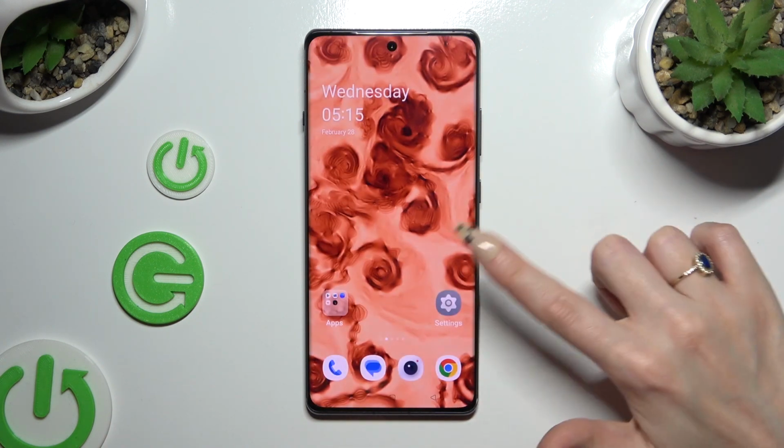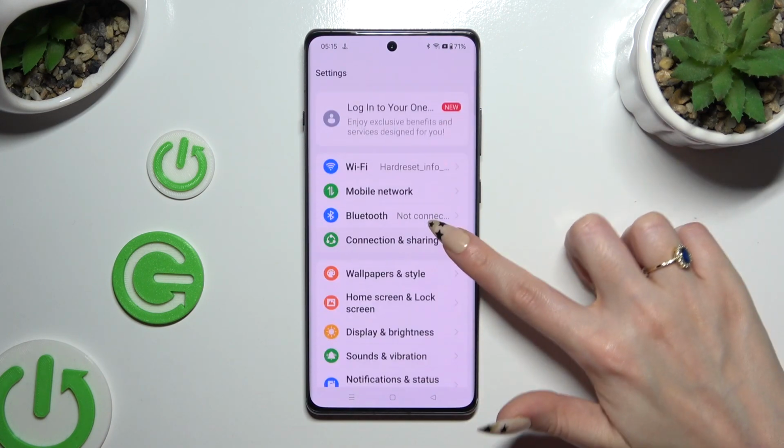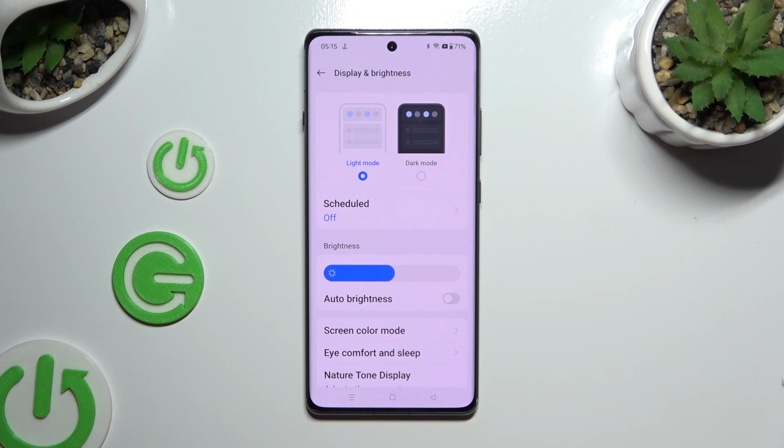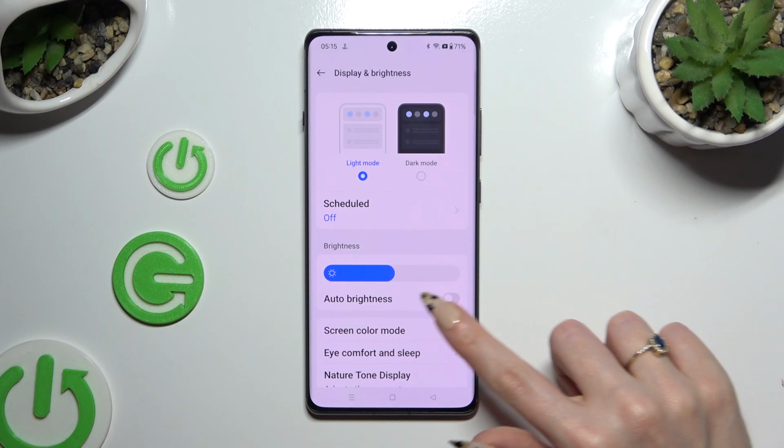You can also go into Devices Settings, click on Display and Brightness, and operate auto brightness by tapping on this